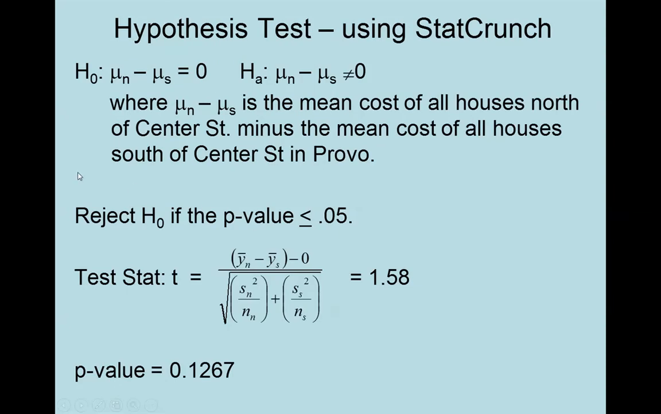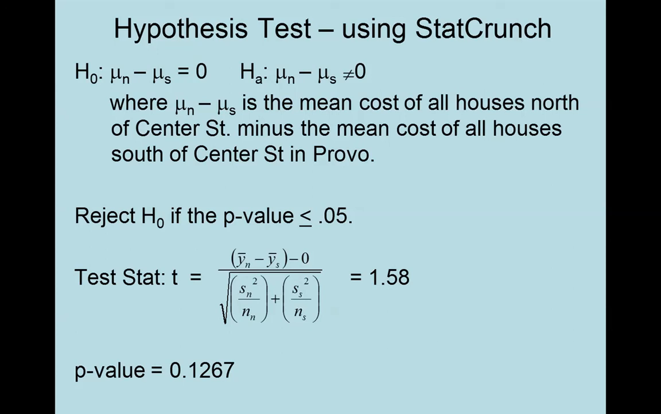Well, you still begin with all the same stuff, right? You write down your null and alternative hypotheses. H sub 0 is that the mean for north minus the mean for south is 0. The alternative is the mean for north minus the mean for south is not equal to 0. And then you can define what mu sub n minus mu sub s represents, and that would be the mean cost of all houses north of Center Street minus the mean cost of all houses south of Center Street in